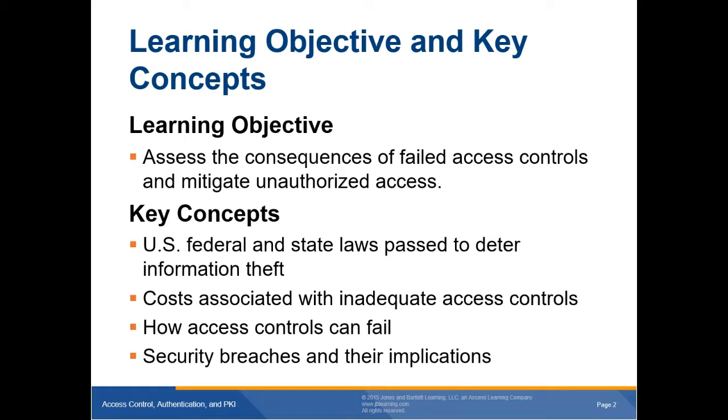So, our learning objectives: assess the consequences of failed access control and mitigation through unauthorized access. Key concepts: U.S. federal and state laws passed, costs associated, access control failure. Now, espionage